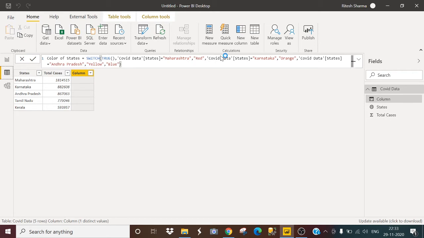Now close this and hit enter. It is working fine, providing me the colors on the basis of their states.